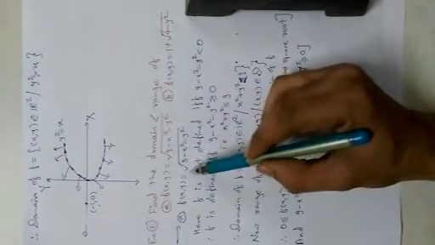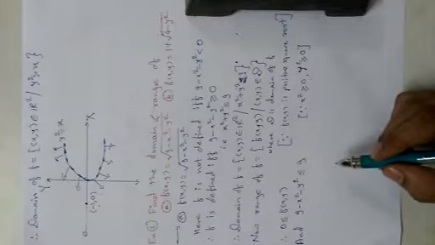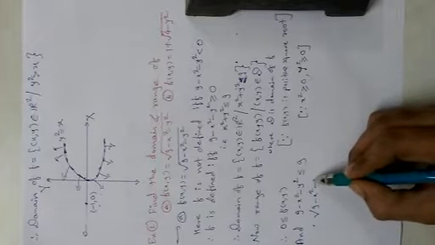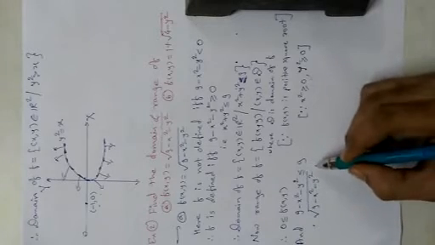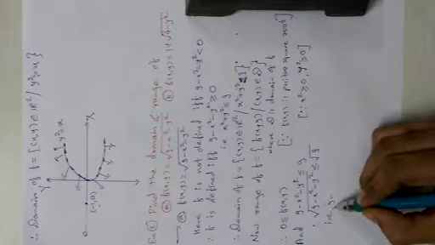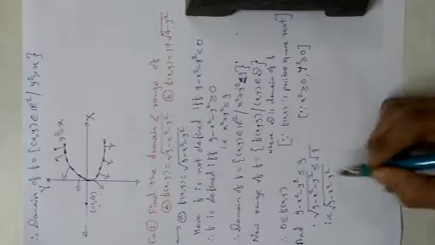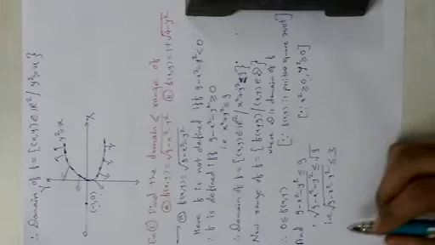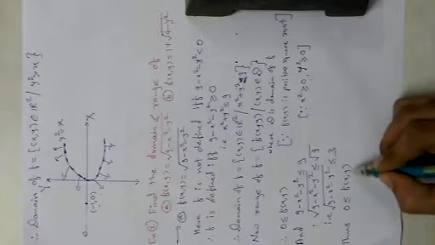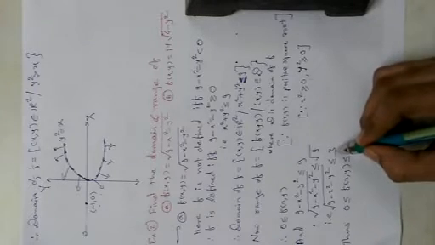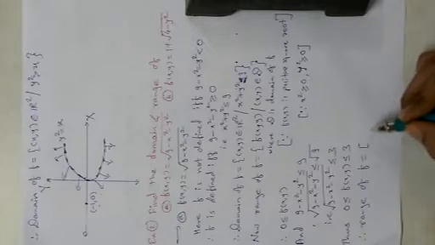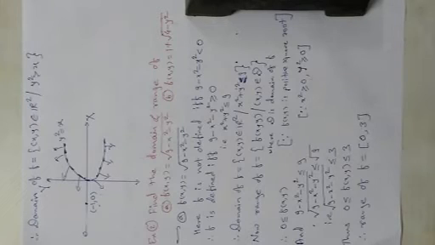But we have square root of 9 minus x square minus y square. Therefore we take square root. Under root 9 minus x square minus y square less or equal under root 9. That is, under root 9 minus x square minus y square is less or equal 3. Thus 0 less or equal f of x, y less or equal 3. Therefore range of f is equal to closed interval 0 to 3.